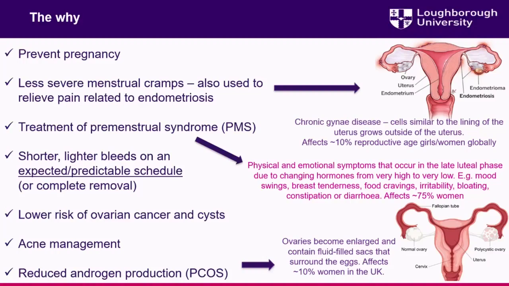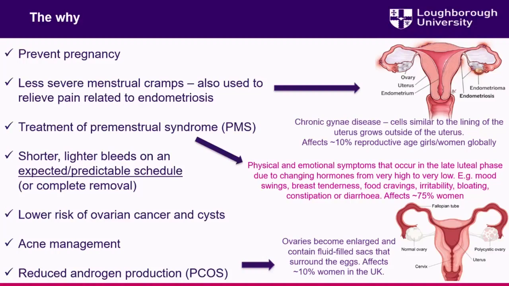Another big reason for doing this is shorter, lighter bleeds on an expected or predictable schedule. What you'll see in someone that uses the combined monophasic oral contraceptive pill in the way that it was originally utilised, which was 3 weeks of taking the pill and a 1-week withdrawal bleed. The idea behind that was that it allowed you to regulate exactly when you would have a withdrawal bleed. So people could accurately time that around, well, I want to be on a competition week that week, so I really want to make sure I'm not on a heavy bleed. They can manipulate those pill packets to make sure the timing is how they want it. So that's a big reason why women, and particularly active women, will do this.